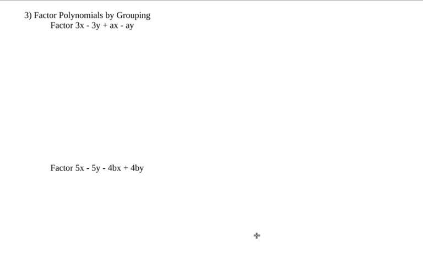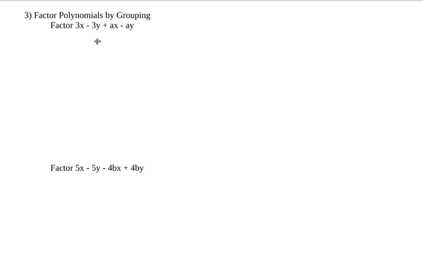Okay, to factor by grouping. Well, factoring by grouping, in general, is a technique we typically only see when there are 4 terms. You can see there's 1, 2, 3, 4 terms here. And it's not really always possible to tell that we're going to be able to succeed factoring